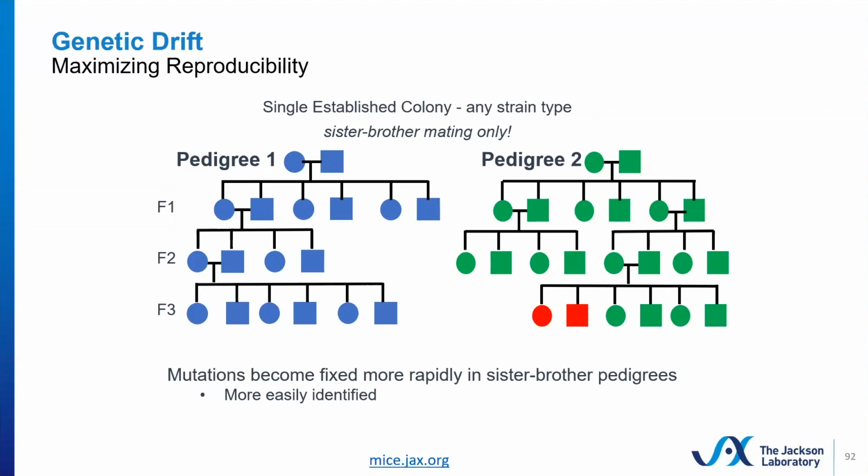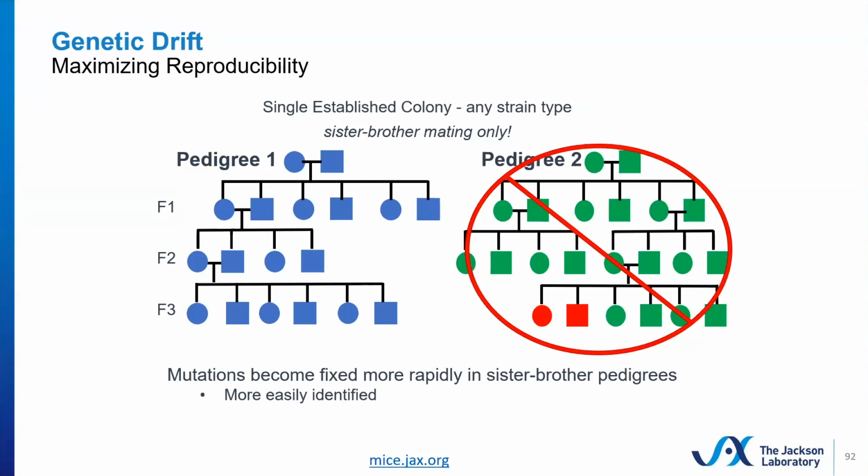The reason this is a recommended strategy to prevent genetic drift is that if an unwanted mutation arises, let's say a coat color allele that you can readily see, you want to shut this whole pedigree down, and you can use the other pedigree that is unaffected. You might be thinking at this point, well, if we know that these two mice are affected, which here I've shown in red, can't we just put them aside and no longer use them for breeding